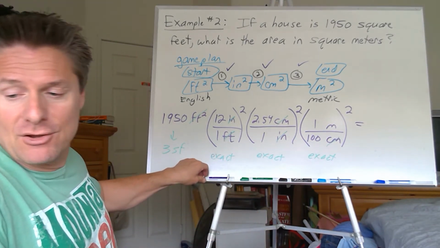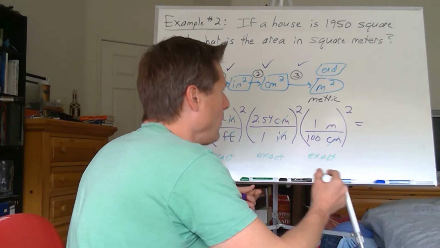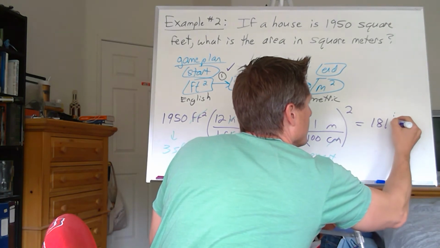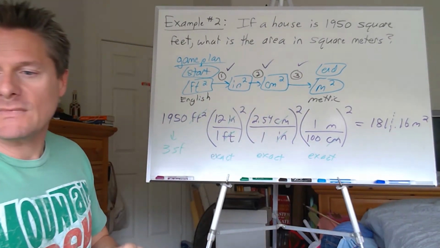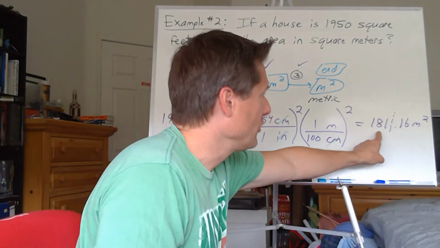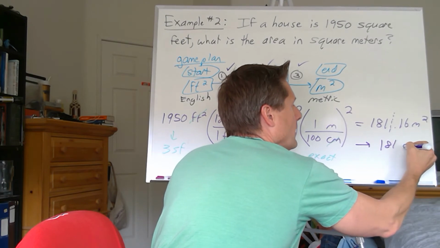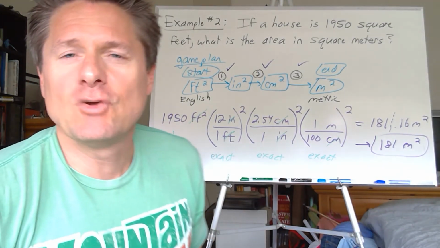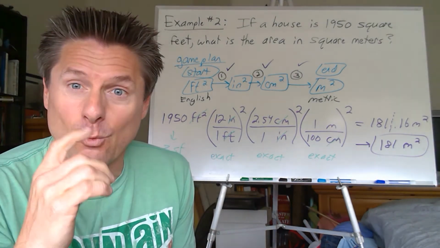So pop that out on your calculator. See what you get. I get 181.16. Good to 3 sig figs. It's closer to 181, so we do not round it up. There you go. Let's do one more example where we do numerator and denominator units,